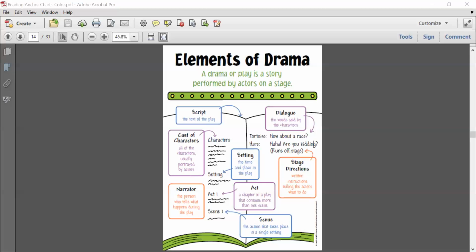And watch another scene in the play. Or I guess it would be a musical, but musicals usually are considered dramas or plays as well. You're going to watch another scene from the musical and then answer the same questions about that scene. Okay, so you would just type your answers right here. Make sure you watch the videos, and if you're struggling, make sure you use the anchor charts, and you are welcome to email me if you have any questions.